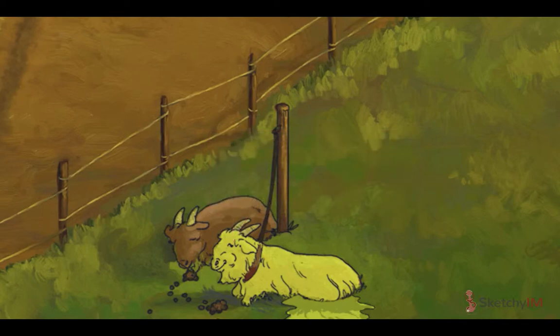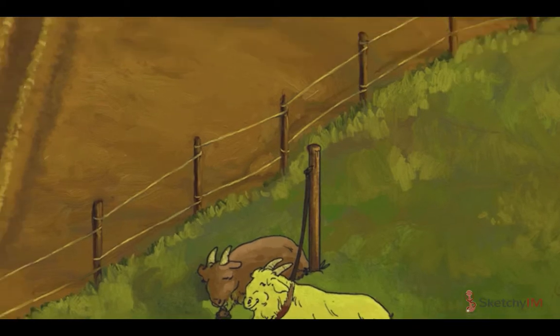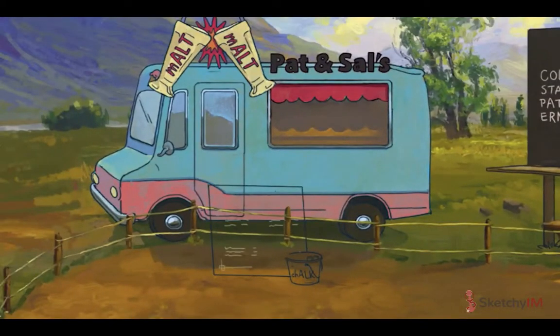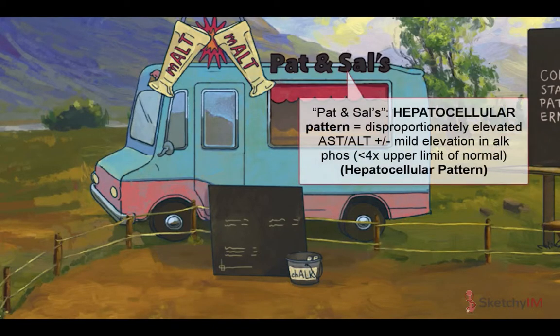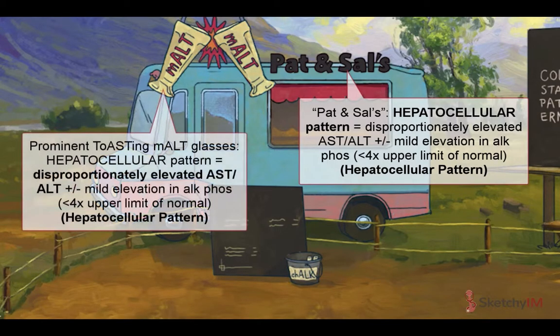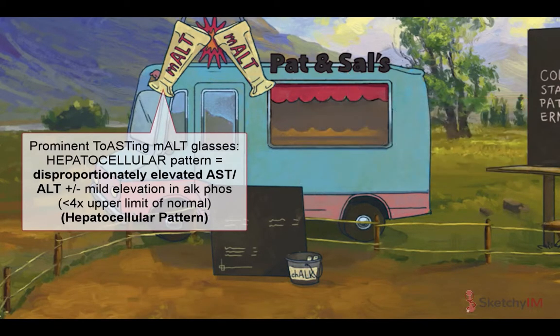Alright, now that we've set the stage, we'll take you through 3 major patterns of lab abnormalities and the differential for each. Pat and Sal's malt shakes, anyone? The hepatocellular pattern of lab abnormalities is seen in disorders of the liver parenchyma, where hepatocyte injury is the name of the game. Here, AST and ALT are disproportionately elevated compared to the ALK-Phos, hence the toasting malt shakes towering